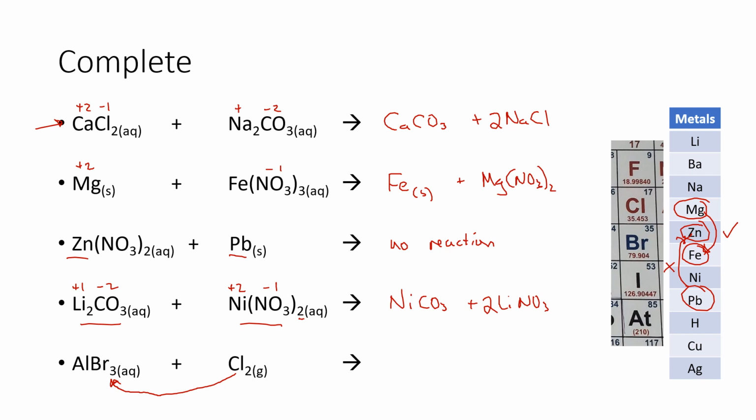The chlorine is going to try to displace that bromine. There's chlorine and there's bromine. We're going down, so check. That means we're going to end up with some aluminum with the chlorine, and we're going to end up with some bromine. To balance these out, we're going to need a 3 here, and a 2 here, and a 3 here, and a 2 here. And as far as states go, the elements we can include, we know that bromine is